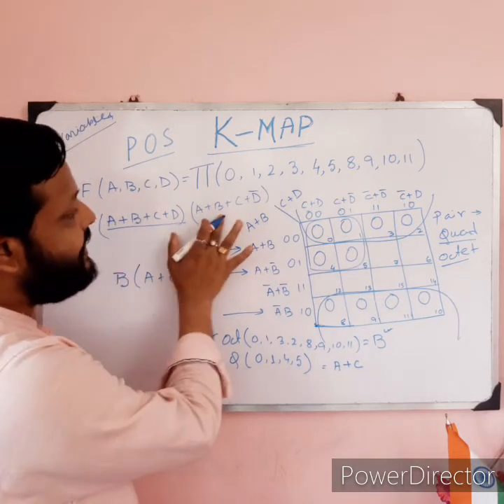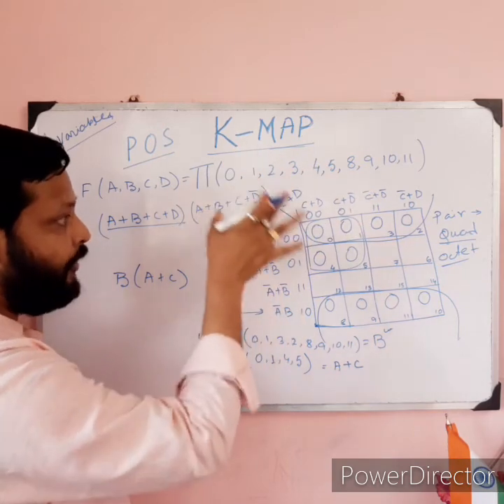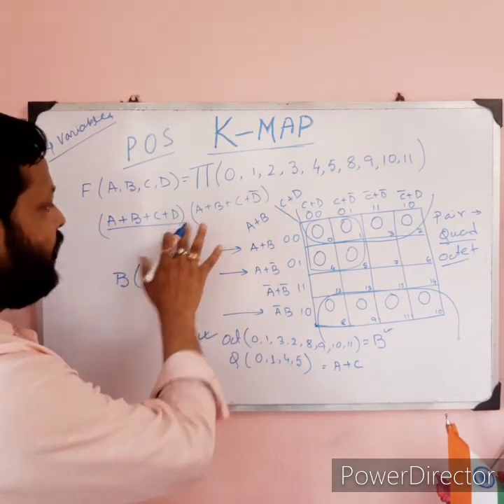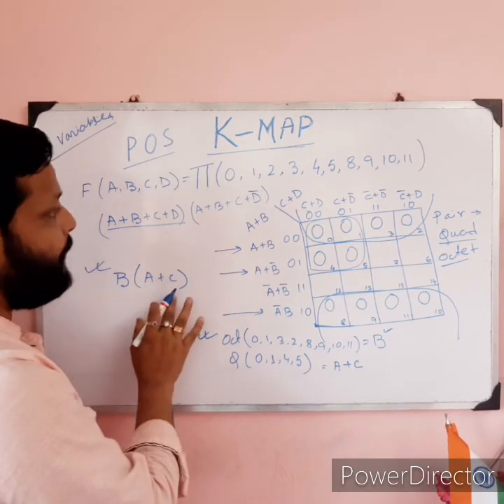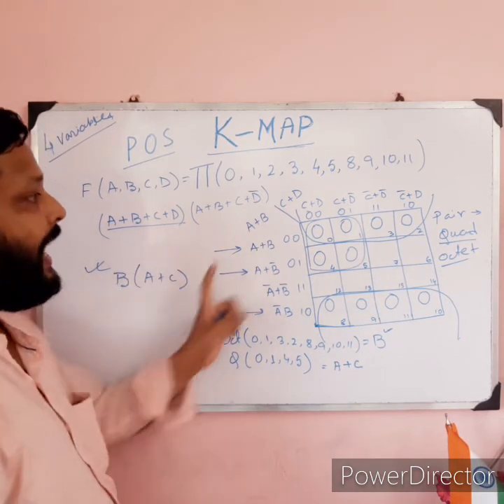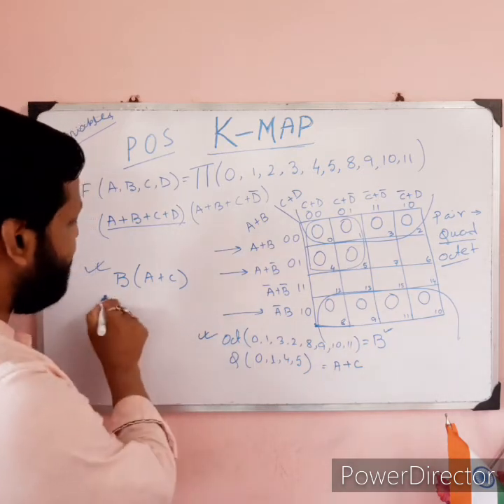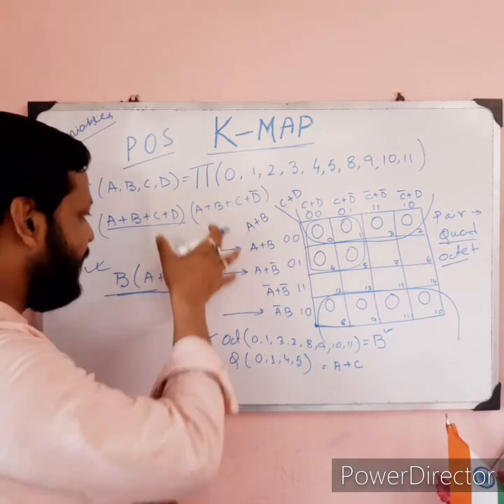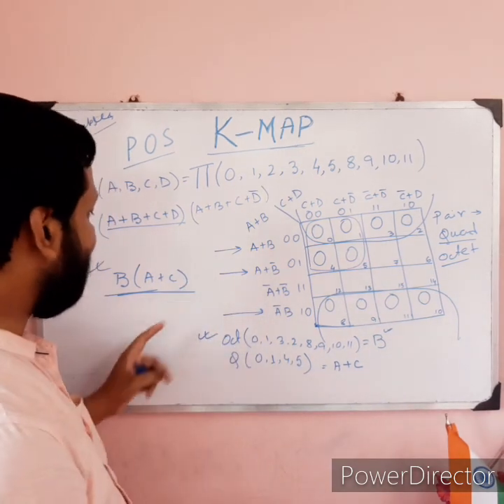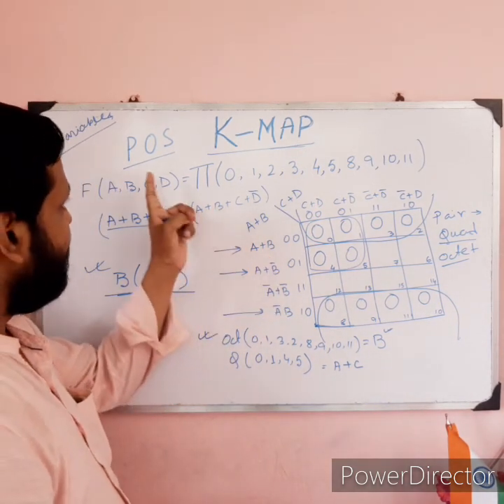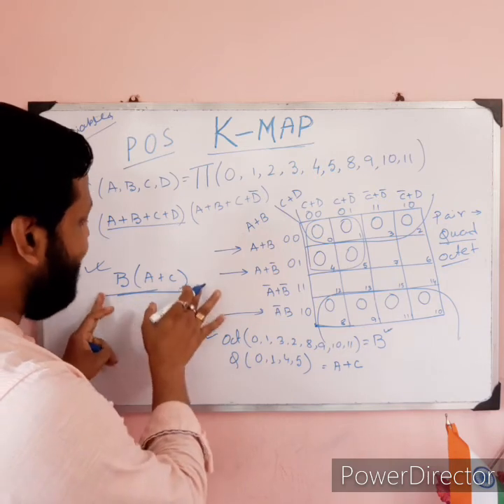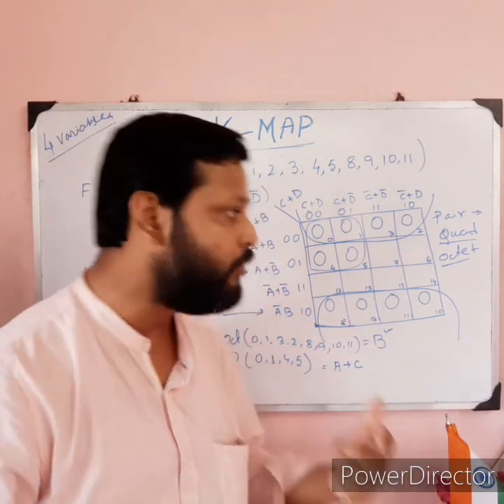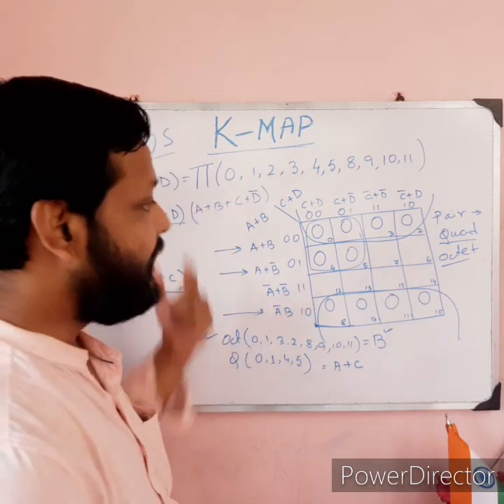That means if we write 10 terms and then reduce using Boolean law, we'll get B into A plus C, and using the table also, and using K-map also we'll get the same. See, if I follow the Boolean law, it is a long process, but in case of K-map, it is a very short and easy process. One important thing, all of us need to make a friendship with this K-map.